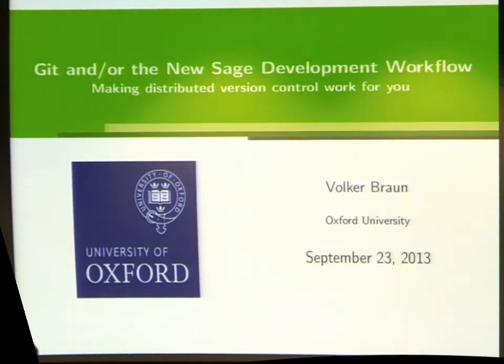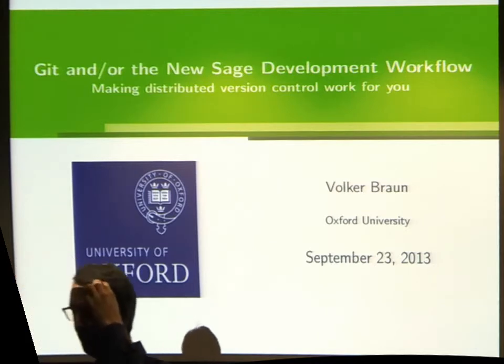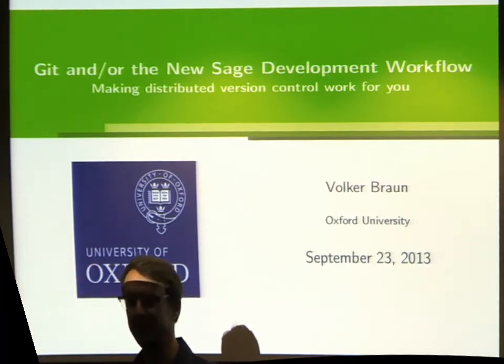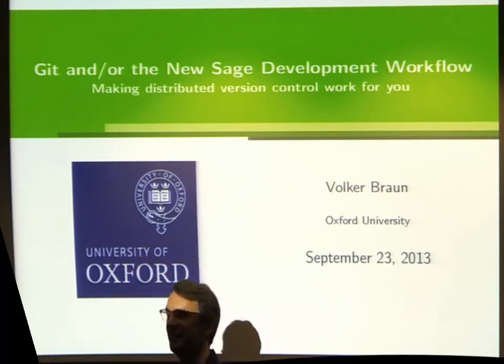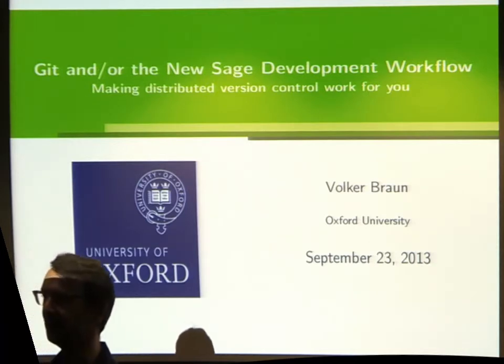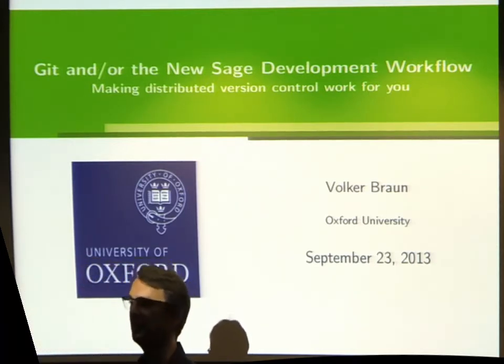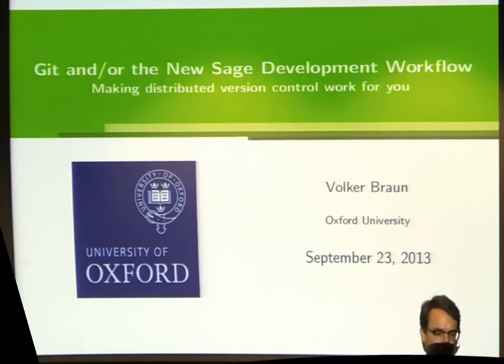So the second half for the afternoon talk will be about Git and using that for version control. The people that know Sage know that so far we're basically in the dark ages, mailing patches around. That works always surprisingly good, but then also sucks in a surprising number of ways. And Git is a way to automate things so that you don't screw up as often as you would with patches. I know I always get the wrong version of a patch, and then on different computers the different versions,